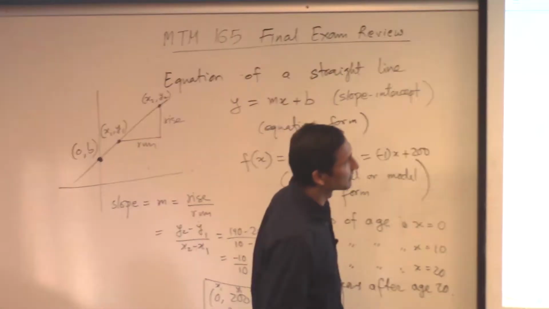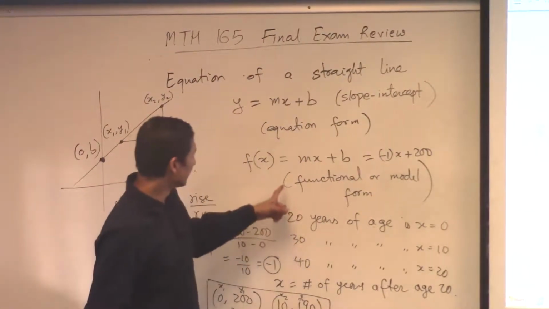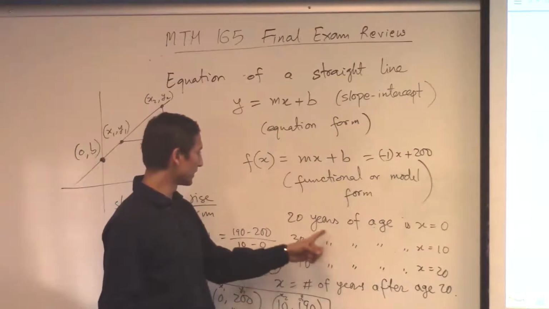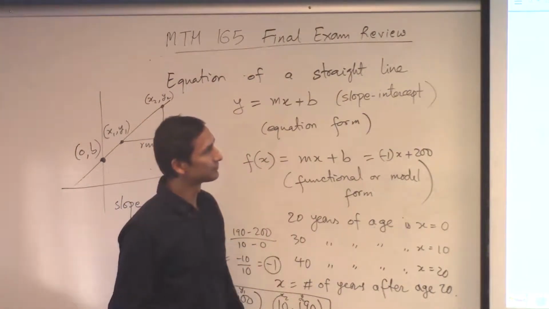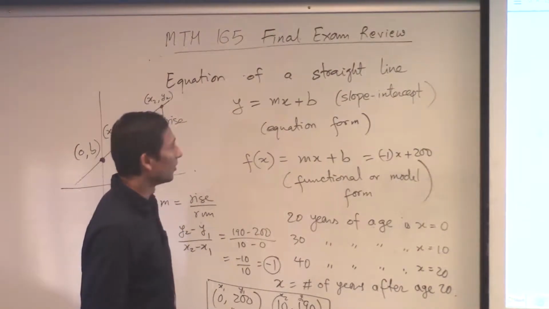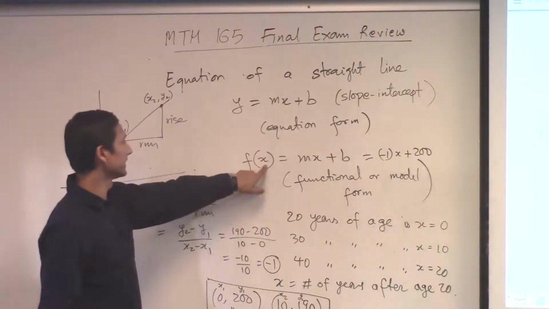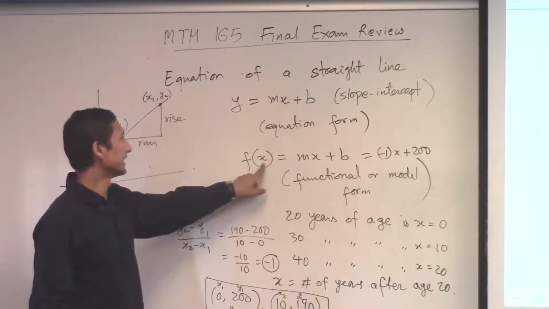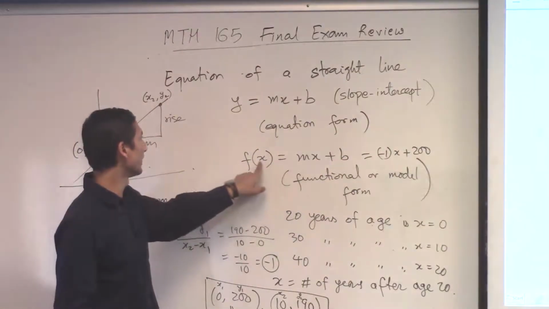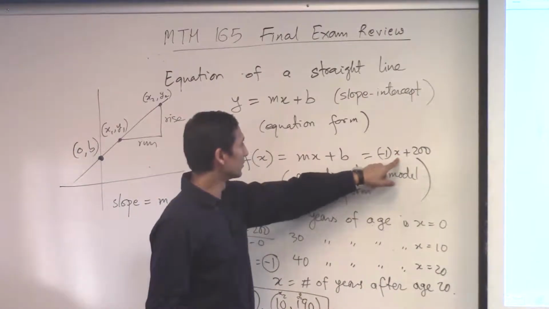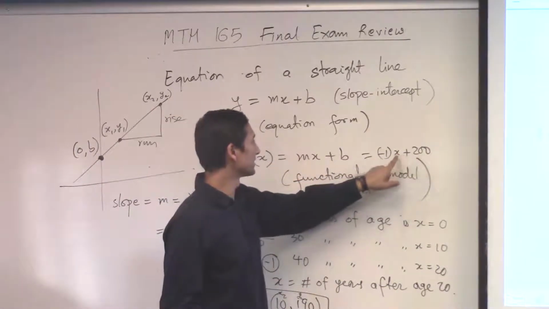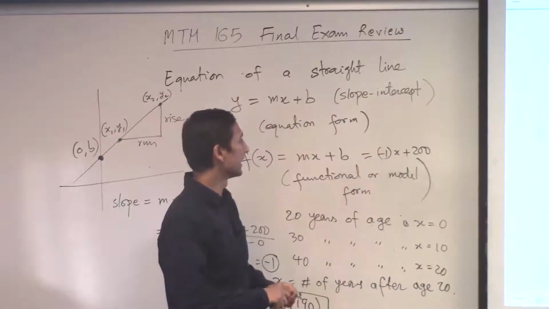For a 37-year-old man, the number of years after age 20 would be, what is the x value? 17. So all we need to do is plug in x equals 17, and that will give us the corresponding y value for that x value, which is 200 minus 17,